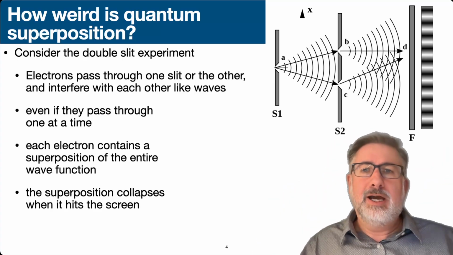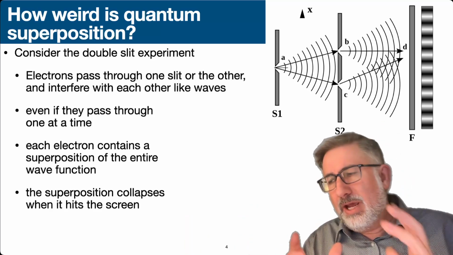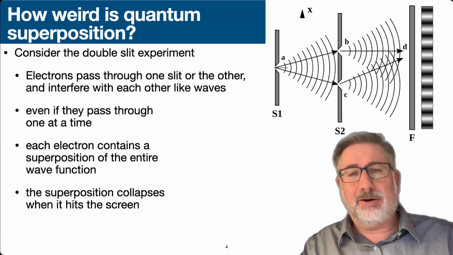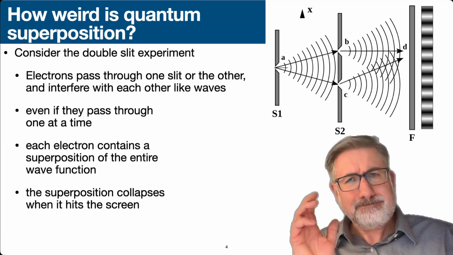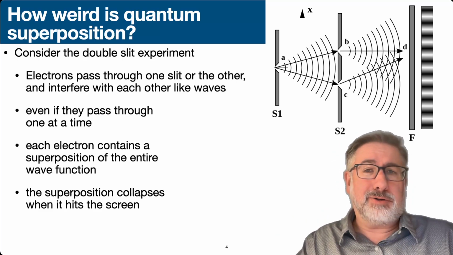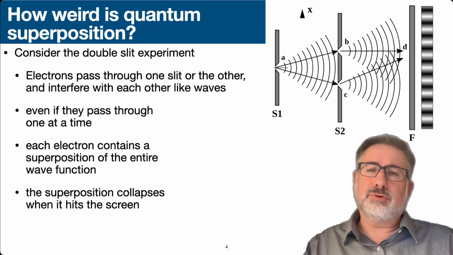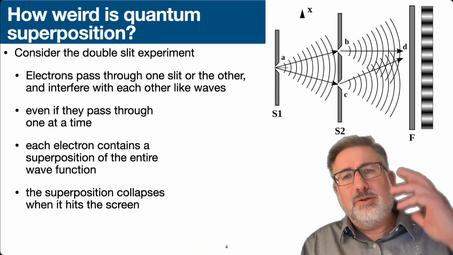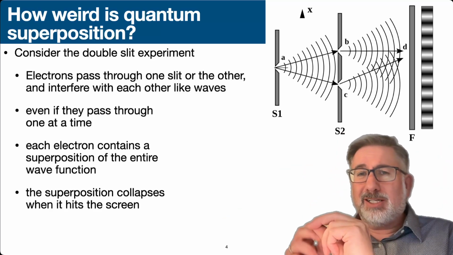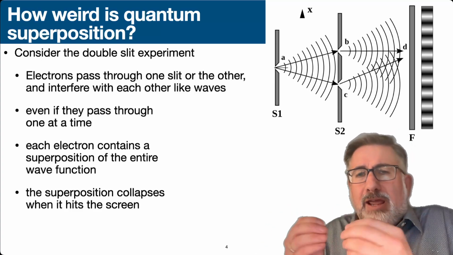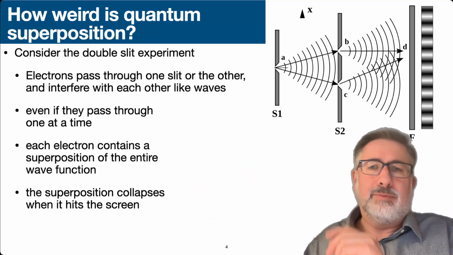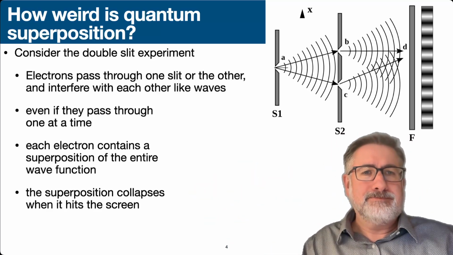And so we have electromagnetic waves and everything. It makes sense. The waves move in different ways. We can tune them and we can direct them. We know that this is how electrons travel through space. What gets weird is that if you slow the electron gun down to one particle at a time, so only one particle passes through at a time, even then, you still get this interference pattern. And the only way that's possible is if the particle, as it goes through those two slots, interferes with itself somehow. That it's a wave of probability that interferes with itself such that it lands more likely in one place on the screen than the other.